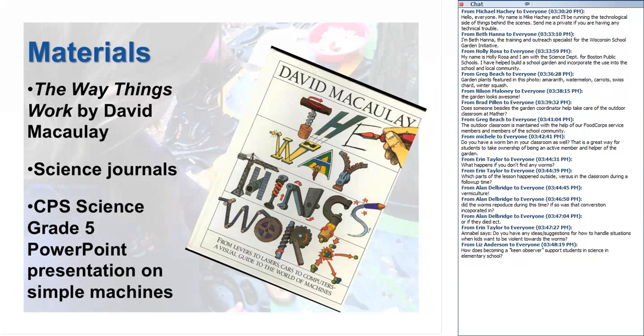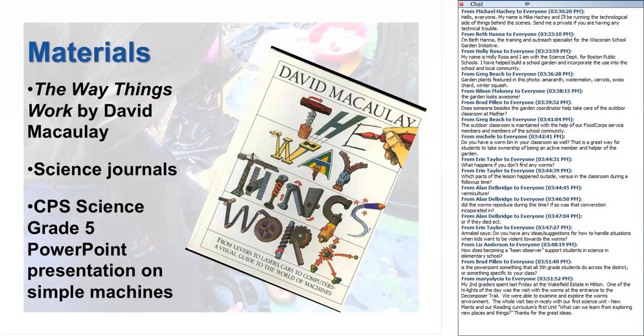So I introduced the kids to all the simple machines: lever, screw, wedge, etc. And then we also decided to do it with our kindergarten buddies. We have reading buddies. And so we went out with our reading buddies. We wanted them to be able to be fully involved in the project, but there are parts of it that are a little bit